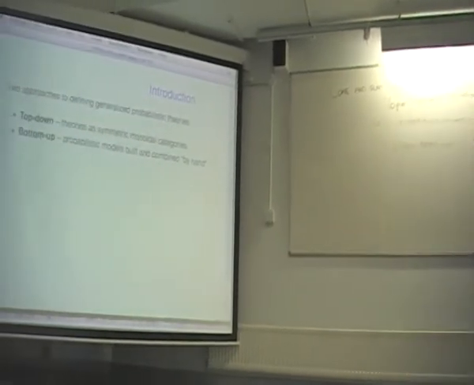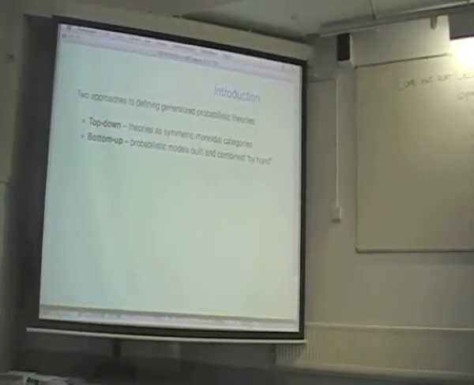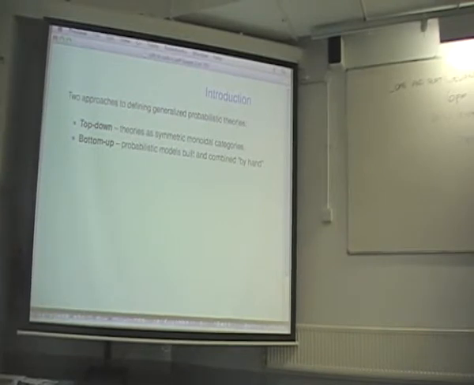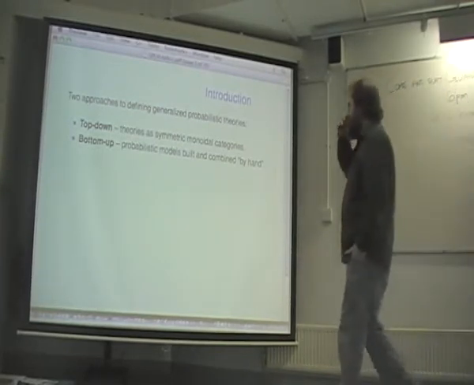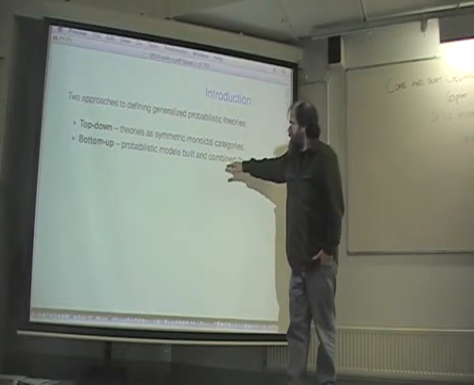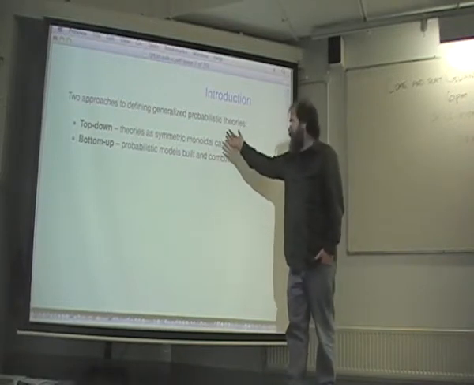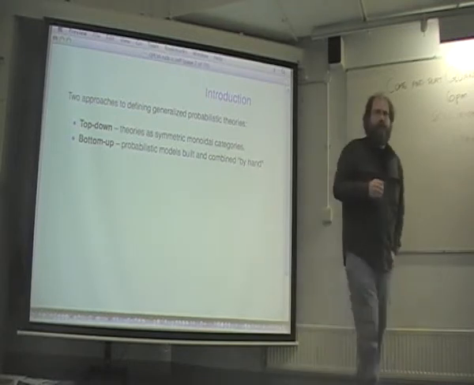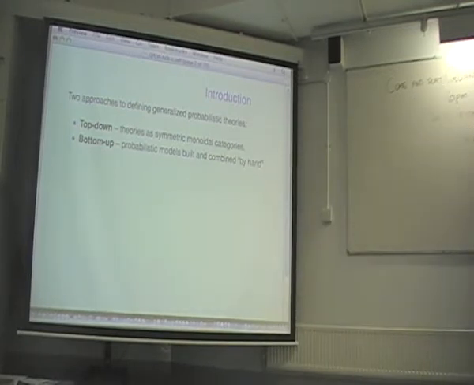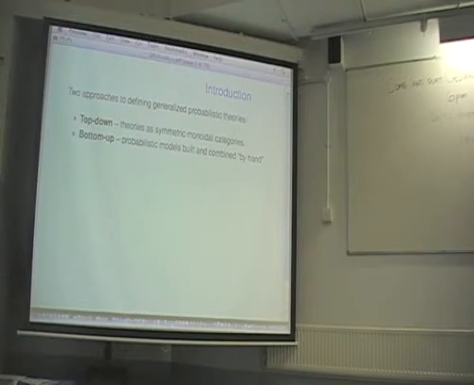Now, we would like these two approaches to articulate well. You'd sort of like the constructive bottom-up approach to produce categories that at the end of the day are very nice as symmetric monoidal categories, since ultimately one's goal is to try to understand quantum probability and things like it. And conversely, it may be that the top-down approach gives you some constraints on the model.